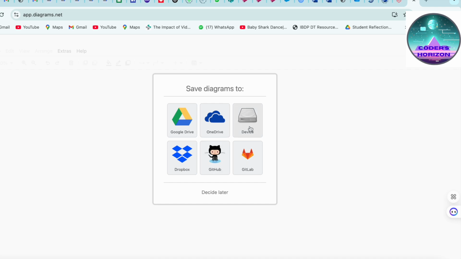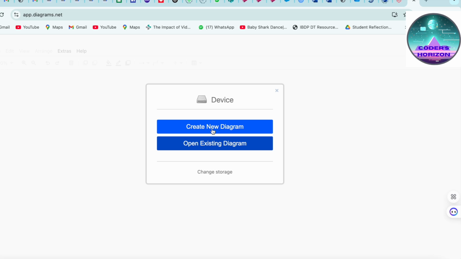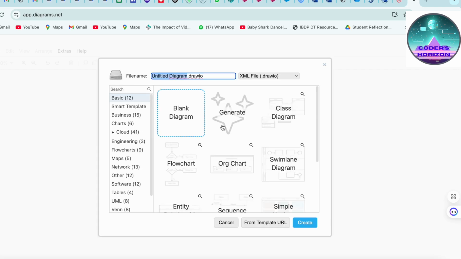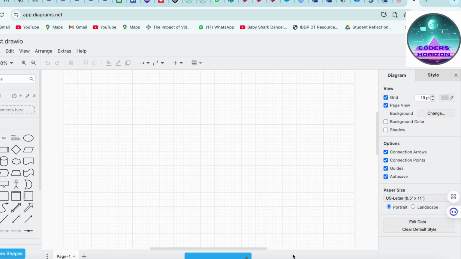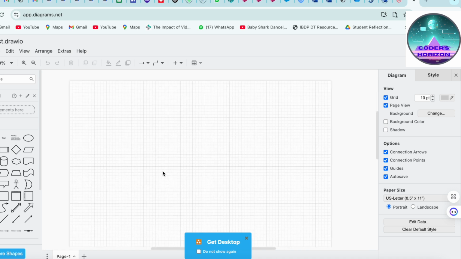Right now I want to save it on my device, so I'll click on device. Either I can open an existing diagram which was made in the past, or I can directly start with a new diagram, or I can change the storage if I don't want to save it on my device anymore. For now I'm going to create a new diagram, and I'm going to simply go with a blank diagram. Create. Let's name it test draw.io, and I'm going to save it in my downloads. There. So this is the screen and this is the mesh where you have to put your sketches,